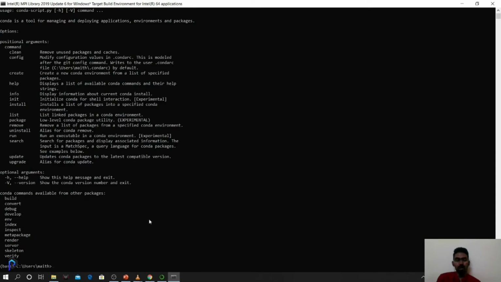First, we'll see what are the various environments that we have already created. I'll just clear it. You can just type conda info --envs to see the various environments that we have. I have a base environment which I am currently in. I also created a few other environments.